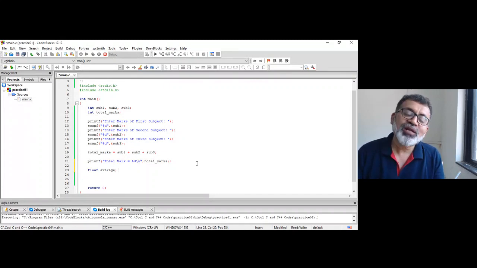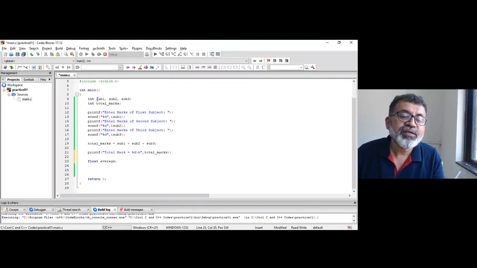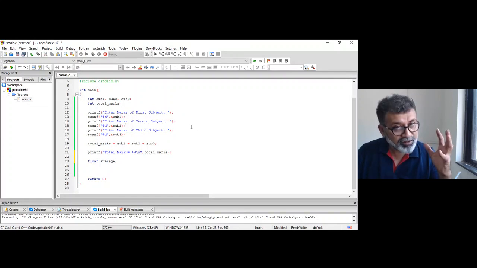But this is not allowed, my friends, because in C, all variables have to be declared at the beginning of a block. Now, a block is, this is a block, right? This is a block. Starting with an opening curly brace and ending with a closing curly brace. This is called the block.